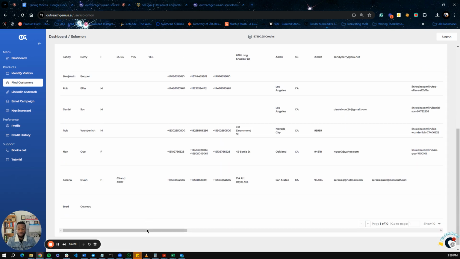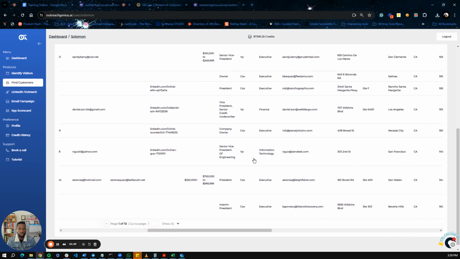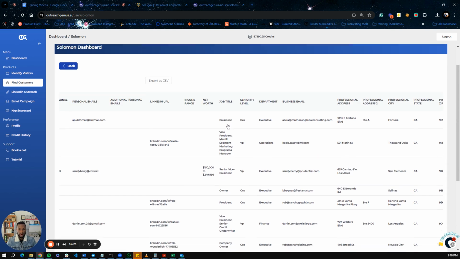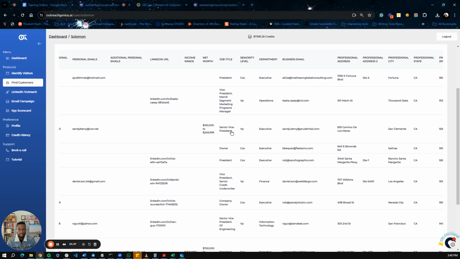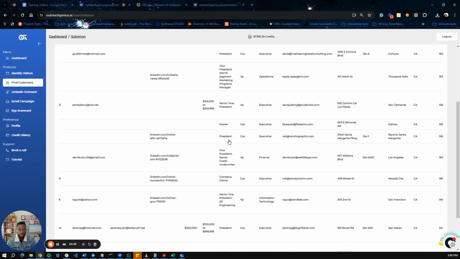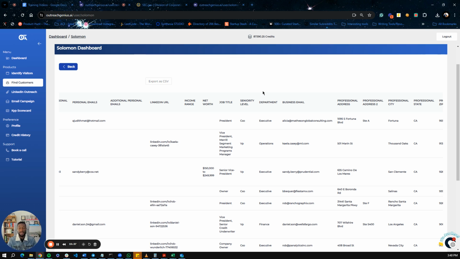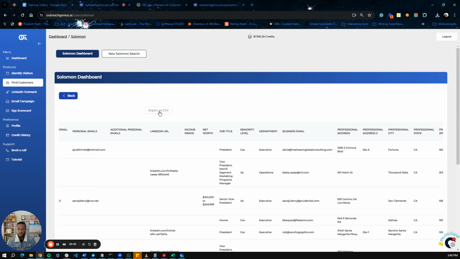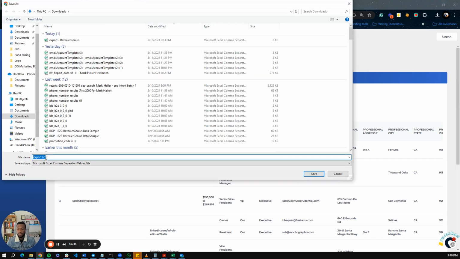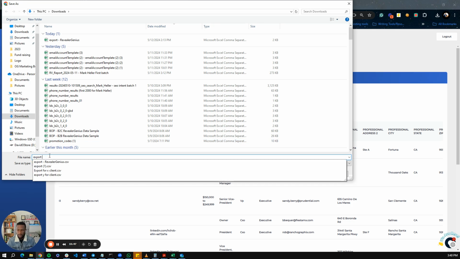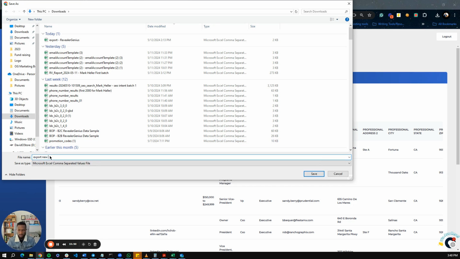We were looking for founders and CEOs. As you see here, president, vice president, senior vice president, owner, president. These are the types of people we're looking for that had president, owner, some of those keywords in their information. Once I'm done with this, all you can do is export this as a CSV file, download it into your system, and let's go export new list. Let's just go new training list,